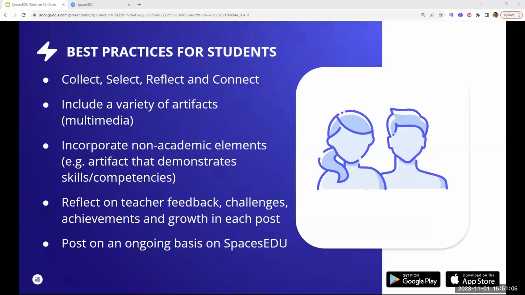And finally, we'll go over the best practices for students. The portfolio will showcase the students' schoolwork and personal reflections of their learning experiences. So they should be intentional about their artifact selection. Consider encouraging your students to create an